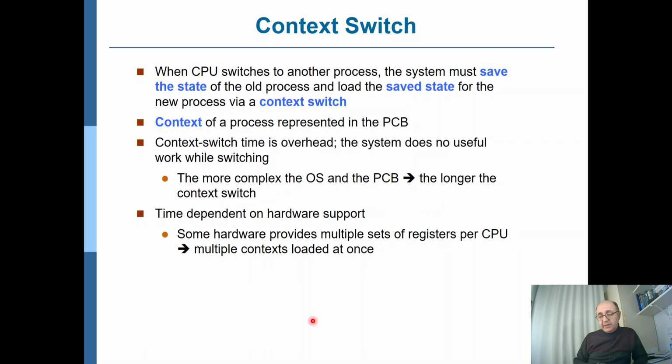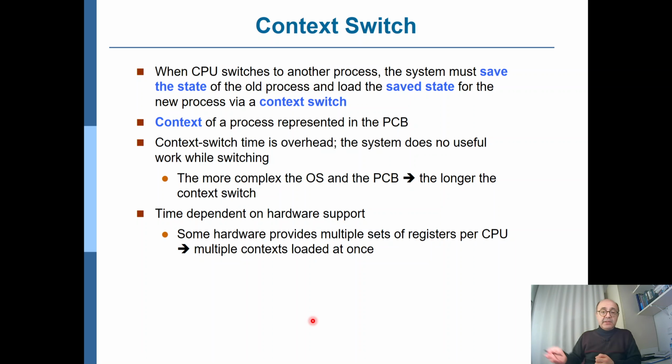Now, as I said earlier, the scheduler decides which process goes into the CPU. Again, when I say scheduler, by default, I mean the CPU scheduler, the short-term scheduler. So the CPU scheduler decides who uses the CPU. Now, saying process P1 uses the CPU is one thing. Making P1 go into the CPU is something else, because there is some other process, say P2, already in the CPU. So as we discussed earlier, you should save the state of that P2 process so that it can resume execution later,